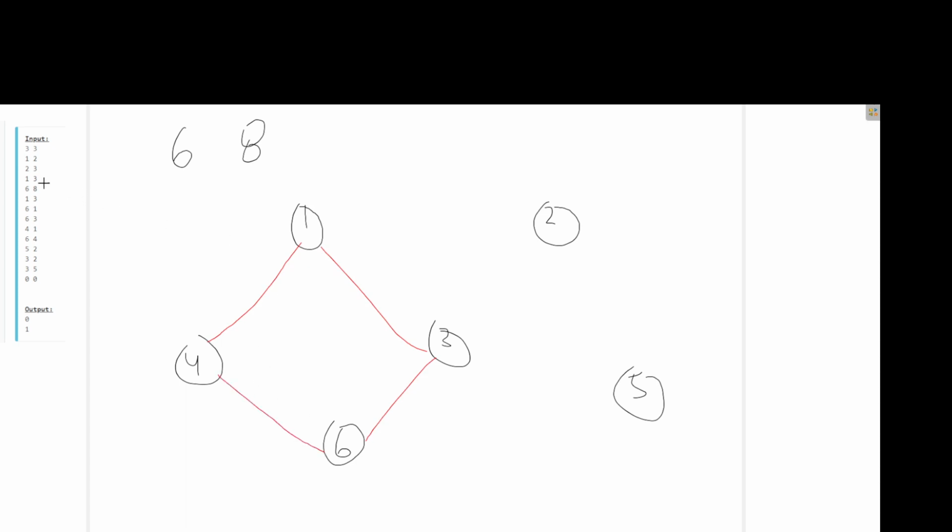The edges are 1 to 3, 6 to 1, 1 to 4 and 6 to 4. All right, then 5 to 2, 3 to 2 and 3 to 5.